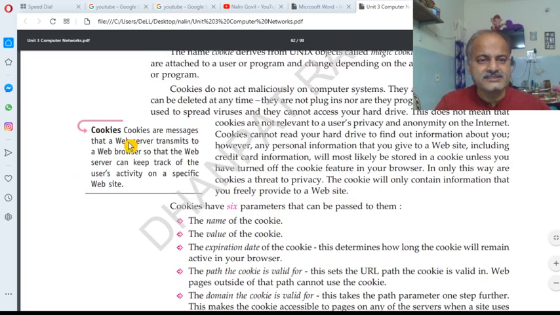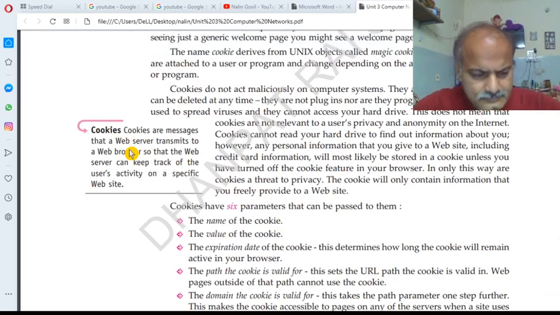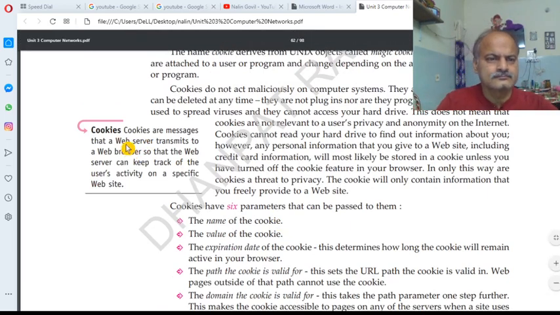Cookies are messages that a web server transmits to a web browser so that the web server can keep track of the user activity on the specific website.